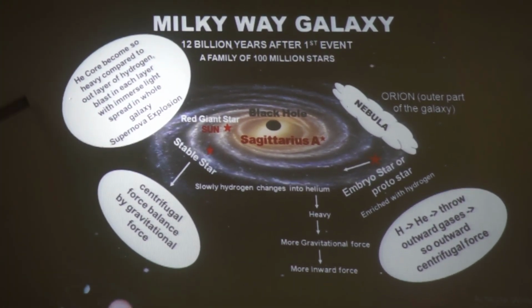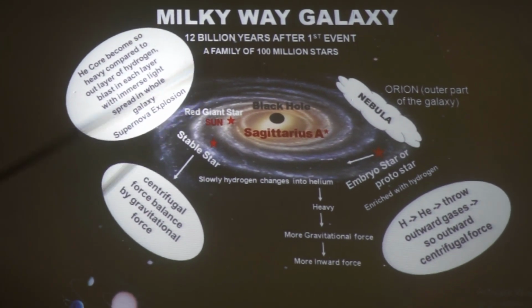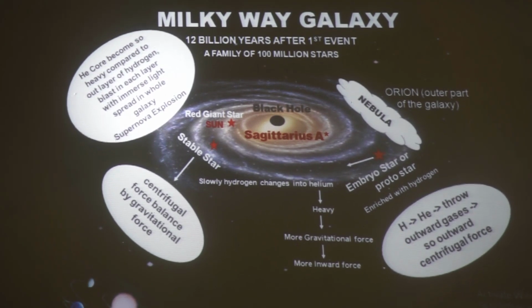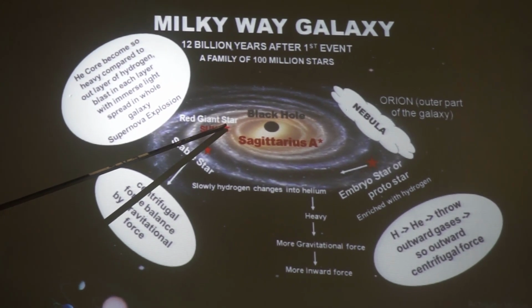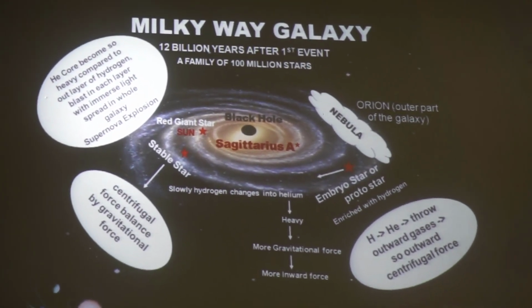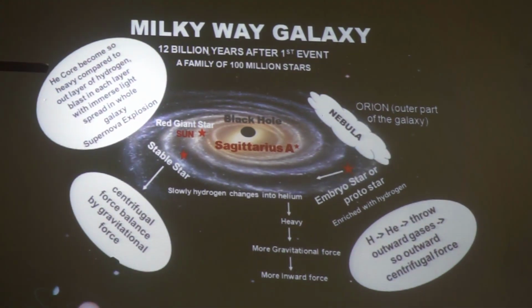So our sun right now is a red giant. It is in this state. Now it's in the second arm of the galaxy. Our sun is in the second arm of the galaxy. And from here, it will move to the black hole. Finally, slowly,